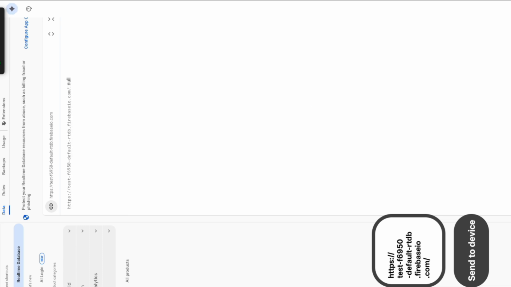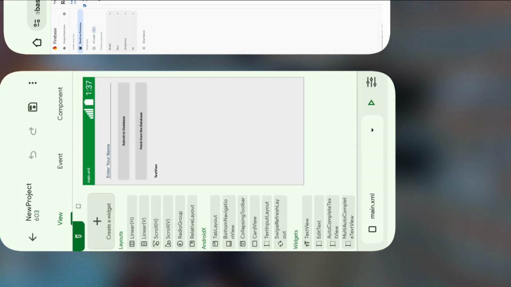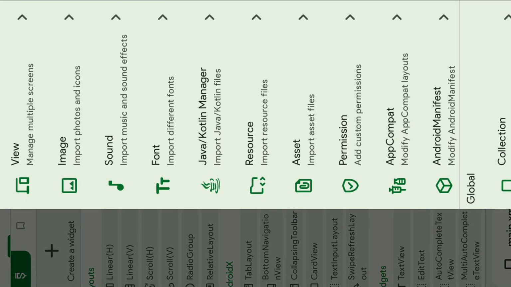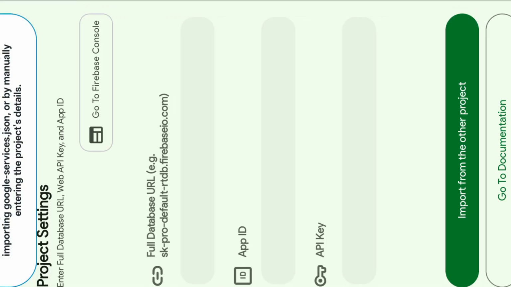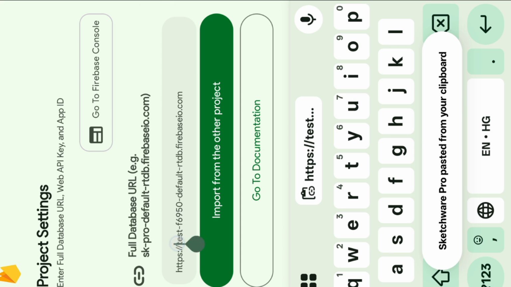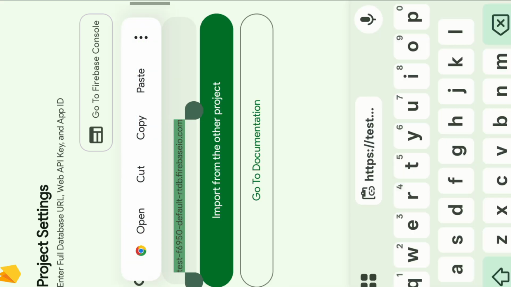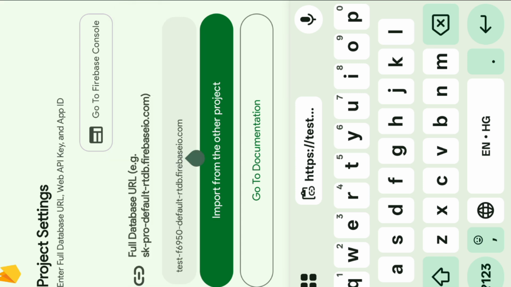First of all, you want to copy this URL and go to Sketchware and click library, Firebase, settings, and paste the Firebase URL and remove this. You can keep only this URL.